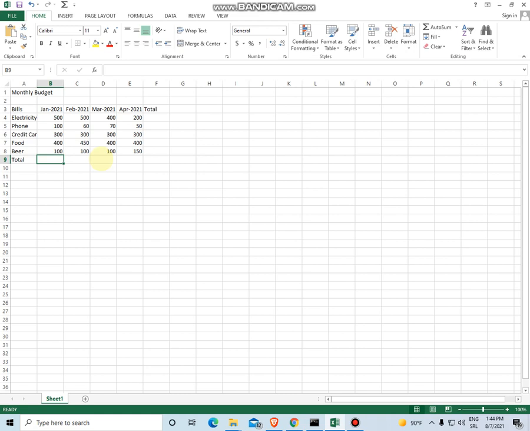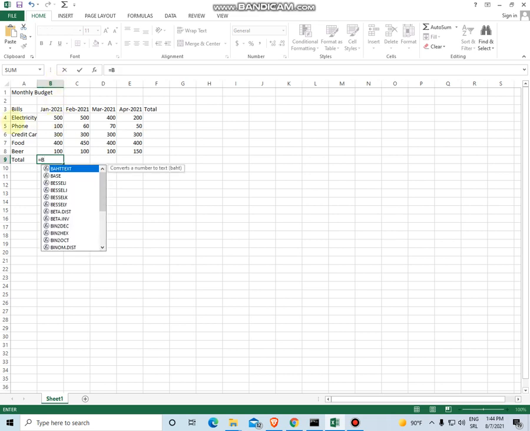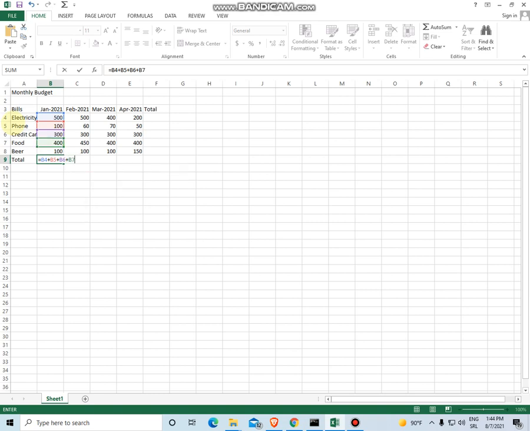We start the formula with an equal sign, and instead of 500, we type B4 plus B5 plus B6 plus B7 plus B8, and we hit enter.